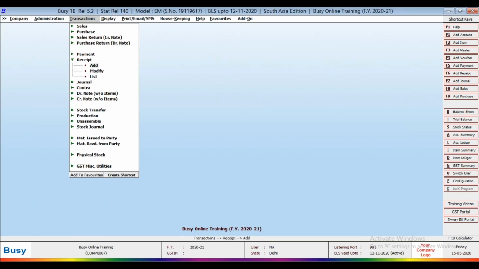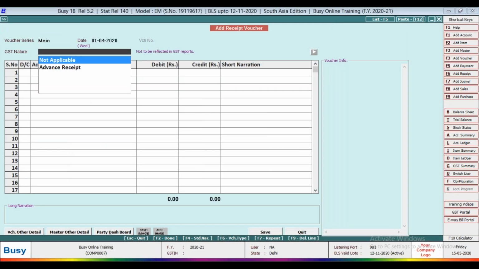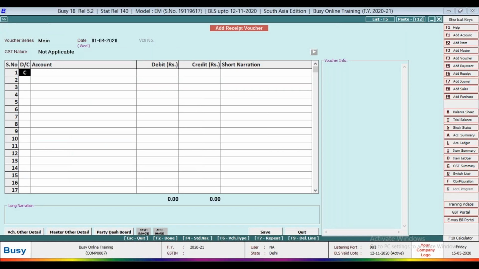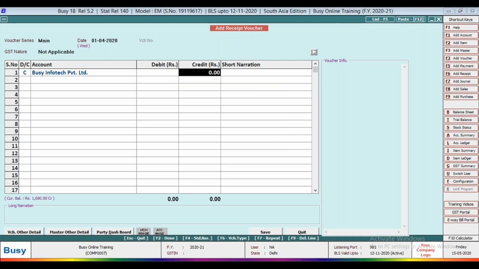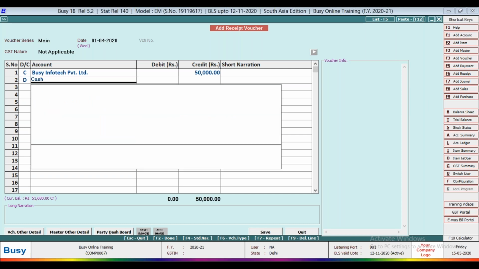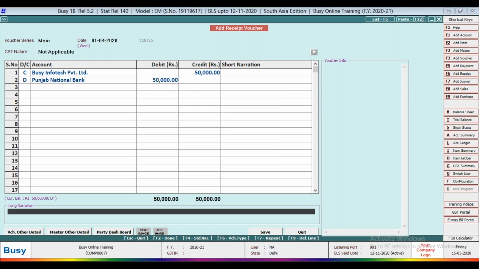First, we have received the input type like 1000, Punjab National Bank.